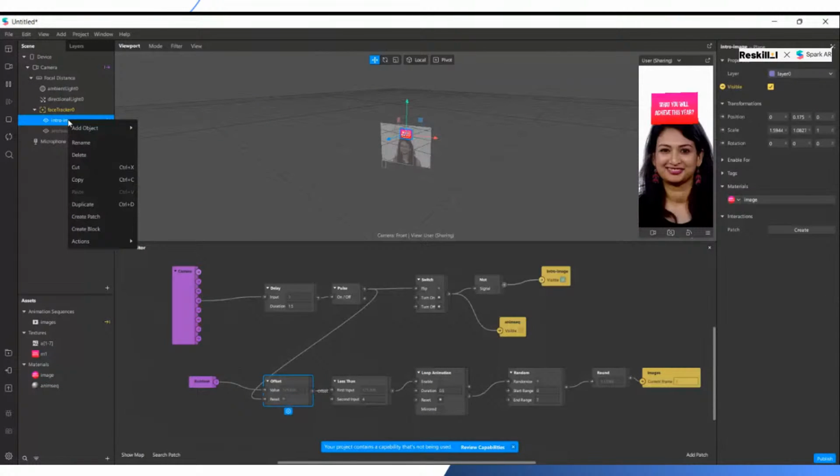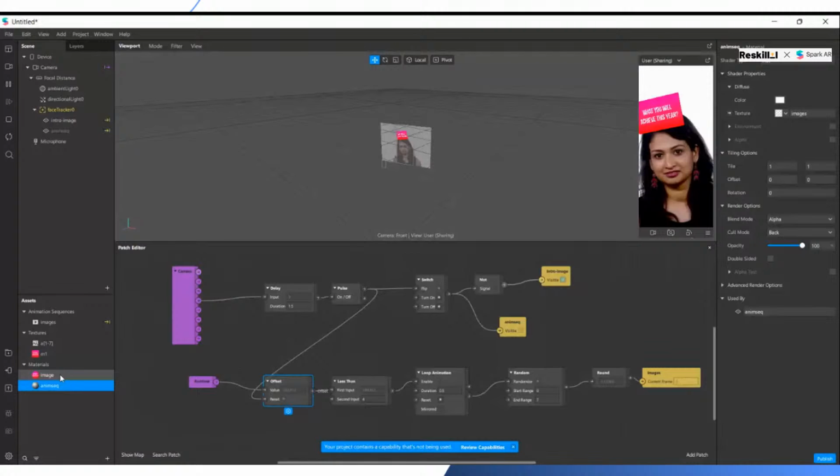Once you duplicate, make sure this visible is unchecked and create a new material here. Once you create the new material, just rename it so you will not get confused. After you rename it, select the flat every time here and create the image sequence we have added earlier, which is the images here. Once you are done with this,